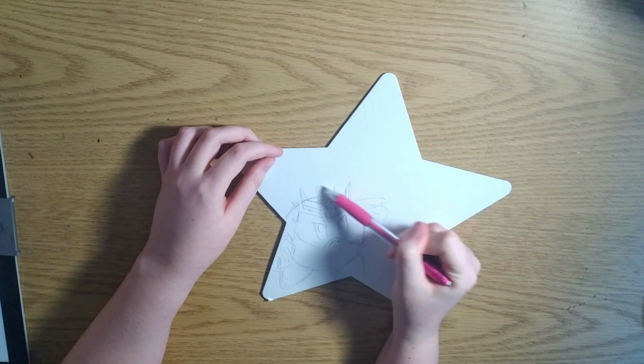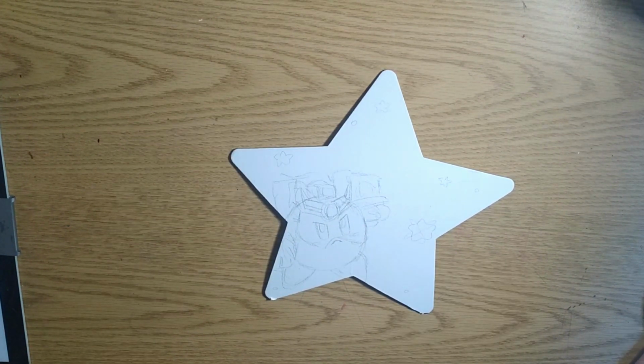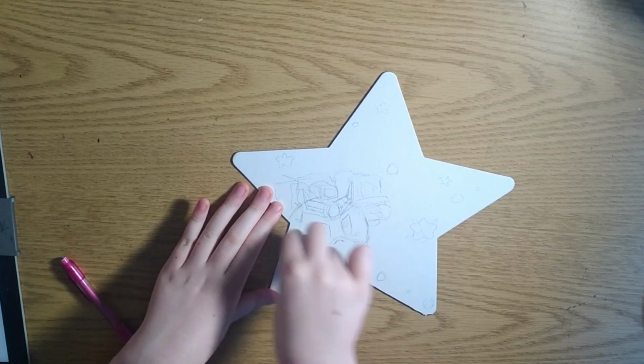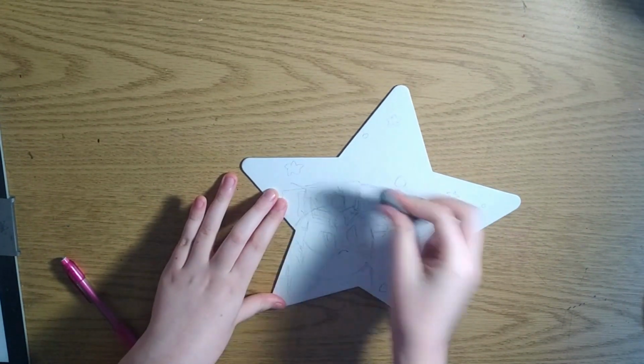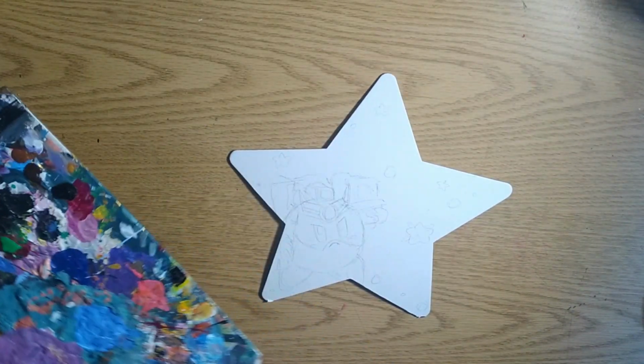And in the background, I've drawn the planets. I got Planet Popstar in there because you have to, as well as the planets from Kirby Superstar. I also put in some extra stars in the background, although I didn't end up adding them once I got to the painting. Speaking of painting,